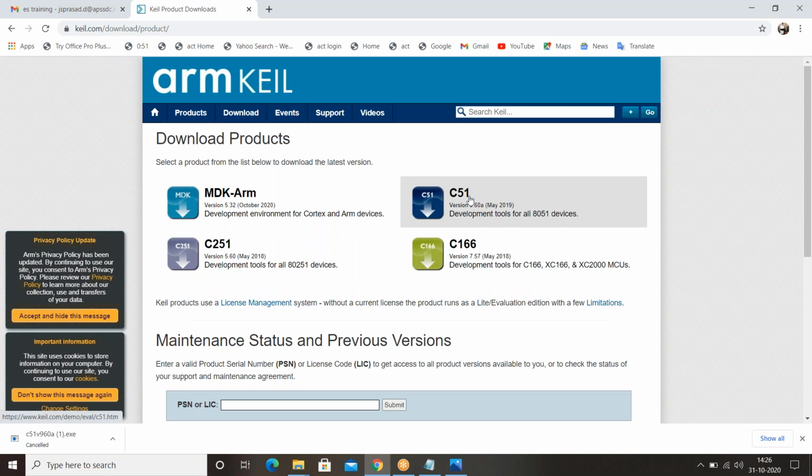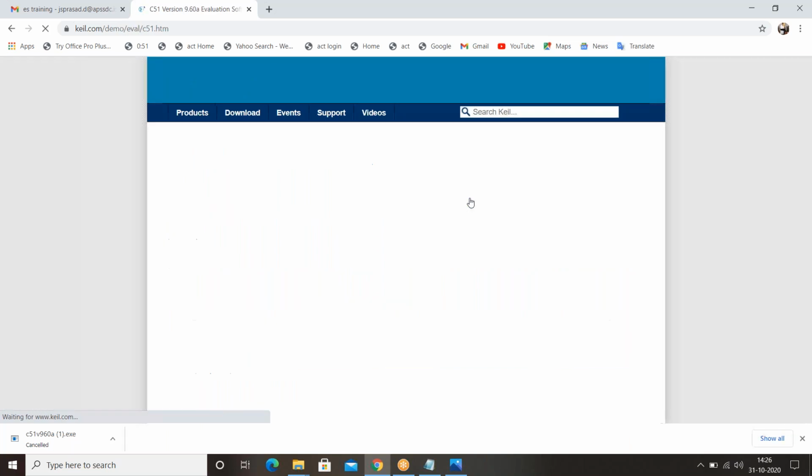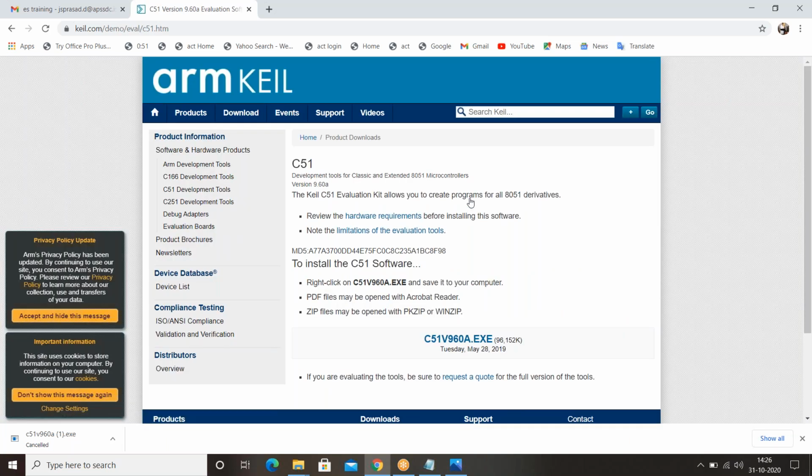Again, we are going with C51, because in this 8051 microcontroller family, we are going to use one particular microcontroller called AT89C51. This is our microcontroller which we are going to use.